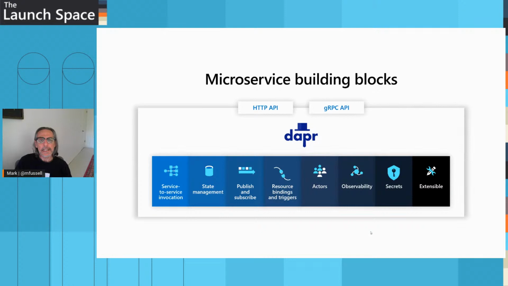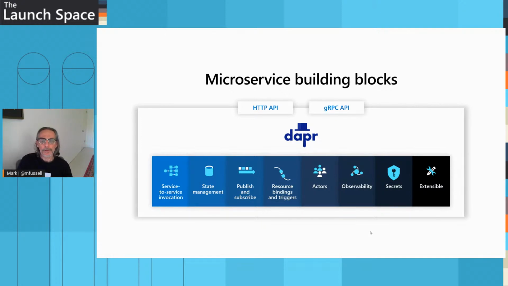I want to store some state inside there. I want to make this a long-running, stateful, resilient service. How do I do that? Most microservices have an event-driven architecture, whether the events are coming from outside, from something like a Twitter feed or from some other queue, or you just need to do publish and subscribe between your events. So you have to have an event-driven architecture around these things.